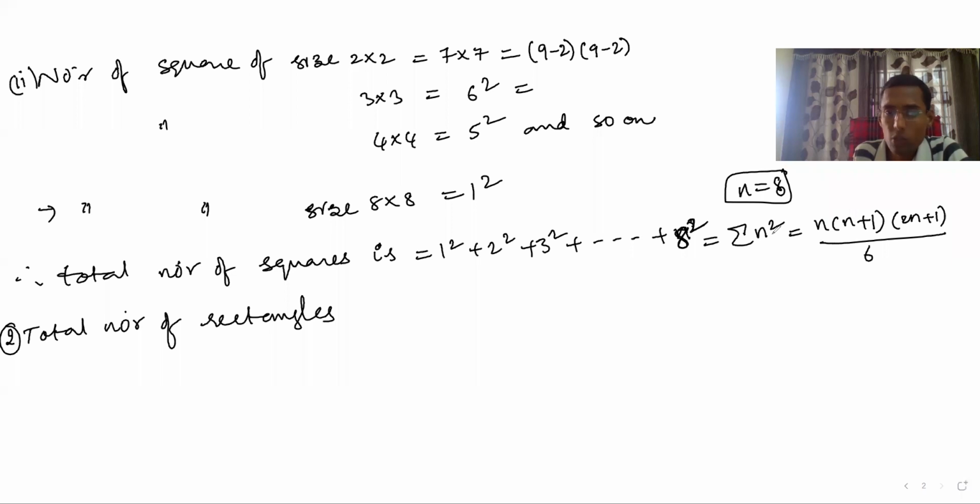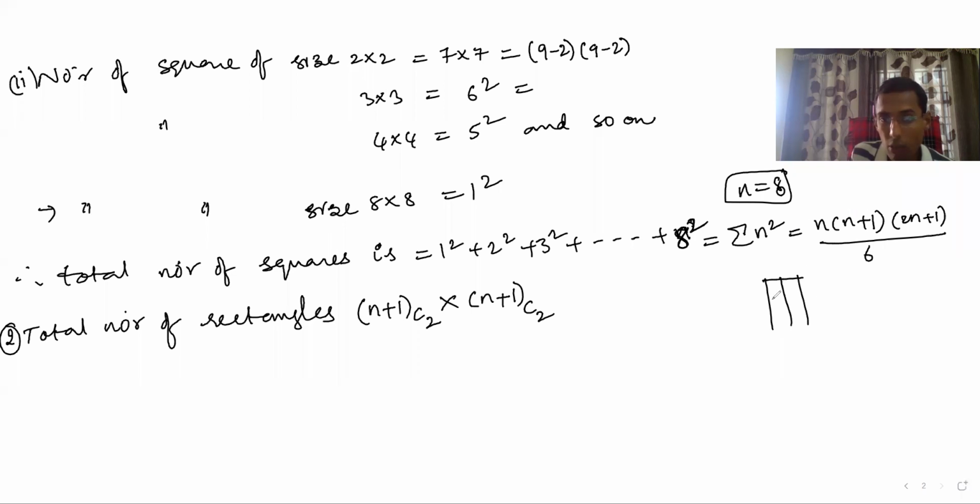Otherwise you can take an n by n square grid. Total number of rectangles, because you have n equal to 8 squares in each side, 8 by 8 squares now. But here total number of rectangles, how much, you know? n plus 1 C2 into n plus 1 C2. Please understand this. What is this n plus 1 C2? Anybody understood?